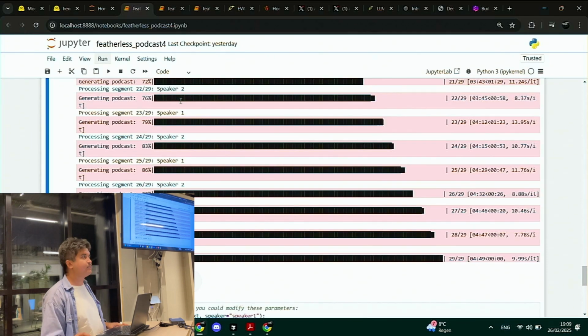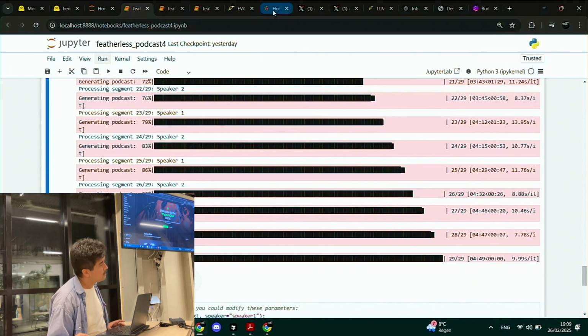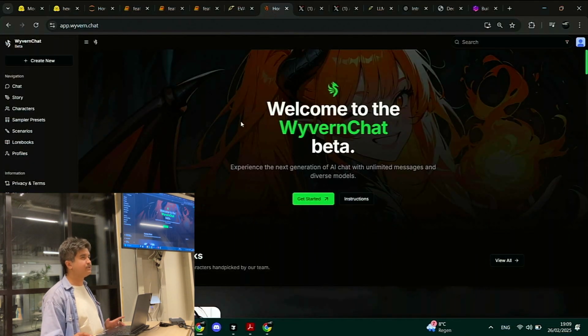Now, you might be wondering what is the most prominent use case for these fine-tuned models? Why don't people just use GPT for everything? What we've noticed at Featherless is that over 50% of these fine-tuned models are actually being used for role play. I don't know who here is familiar with Character AI.